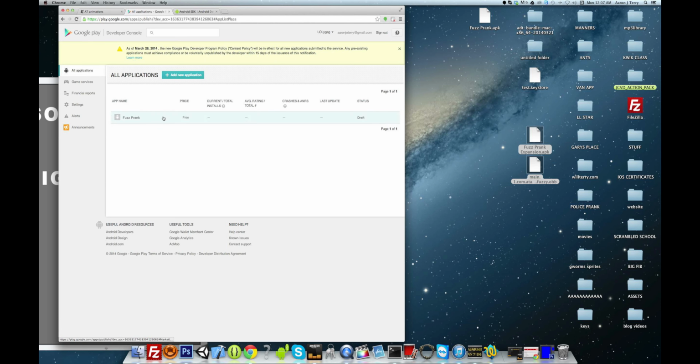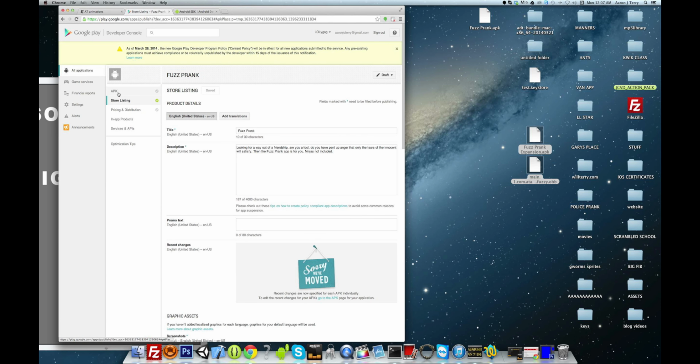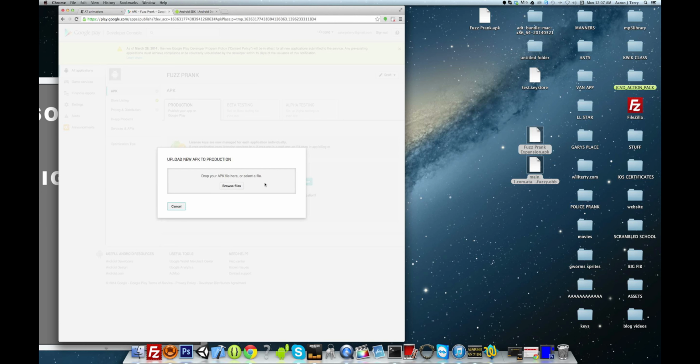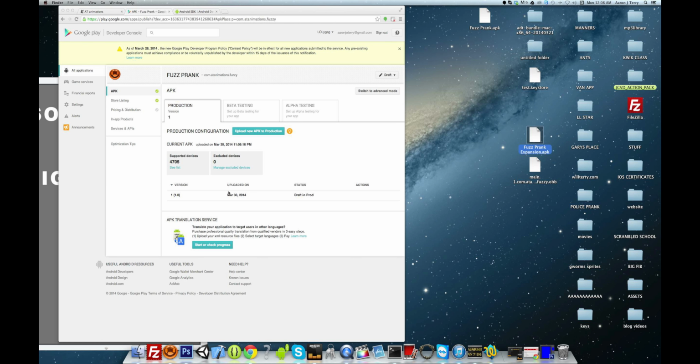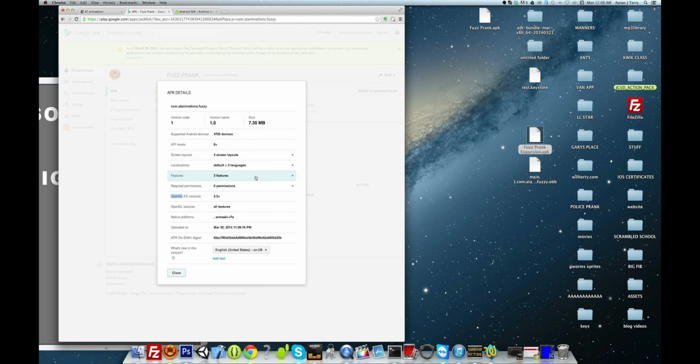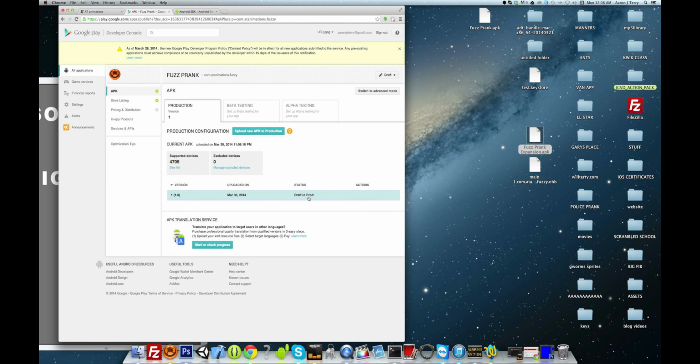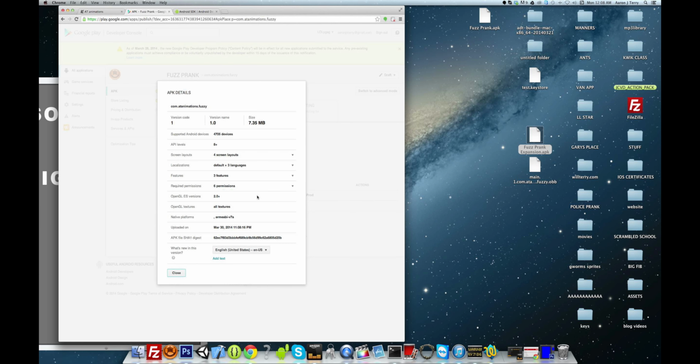So I just go all applications, fuzzprank, click on the APK tab, then upload an APK. So the first one I'm going to do is I'm going to drag and drop the APK right here. It should be pretty small, and it'll upload pretty quickly. And then after this I'll choose my .obb file in a second. Okay, so I have it right here, draft in production. I'll just double click on it,